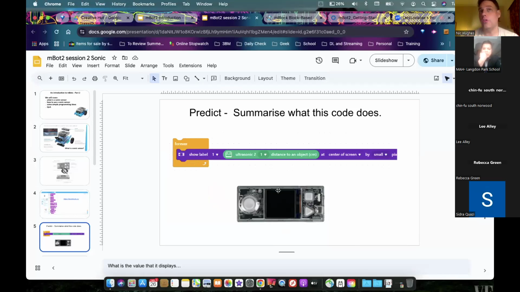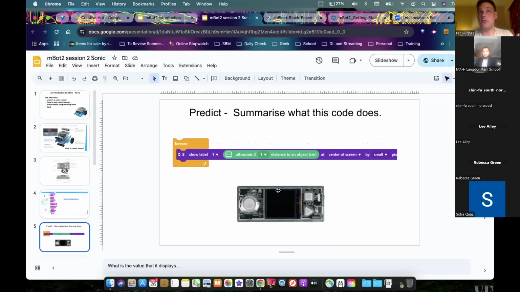Now, this is worth you doing now. Okay, quickly have a go at doing this. I'll quickly show you how to build this. The reason why is it gives you an idea of how the sonic sensor works. It's going to give you a live view of the value, because the sonic sensor is fairly precise, but what you will notice is at an extreme distance it stops working, but also at a very, very close distance it's not very accurate either. So it's somewhere in between.